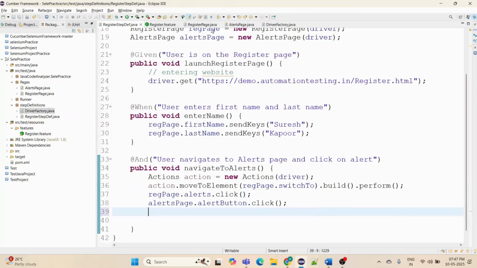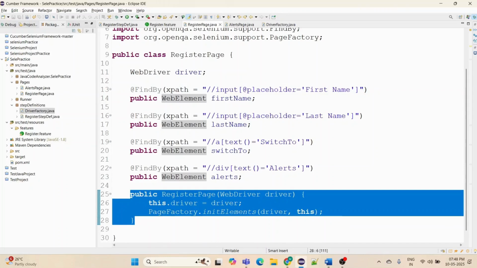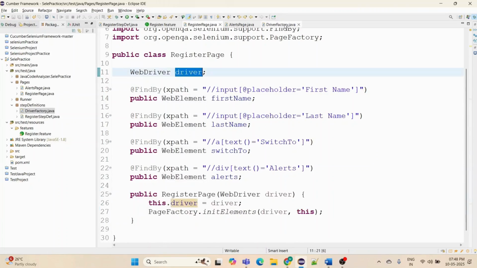But now you just have to go to that particular page and change the XPath. Wherever it is used, it will be changed. You don't have to change all the places wherever we have written it, right? So this is known as a page object model, and page object model can be achieved with the help of page factory. Okay, and in order to make use of the reference available for the driver, we have created this